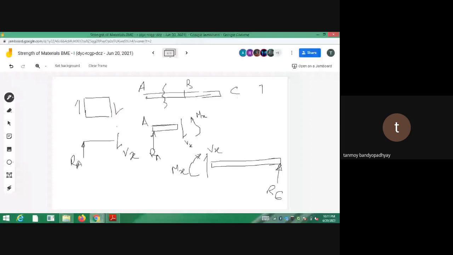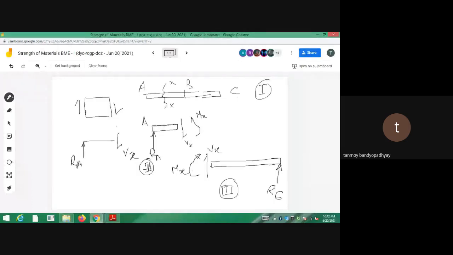I have taken a cross section XX and divided it into two different bars. This is 1, this is 2. Now if I join them, this was 1, this was 2, this was 3. At this section point, Vx downward and Vx upward cancel out, Mx anti-clockwise and Mx clockwise cancel out, so at any point you are not left with any residual. Since it is in equilibrium, at any point the reactive forces must balance each other or cancel.